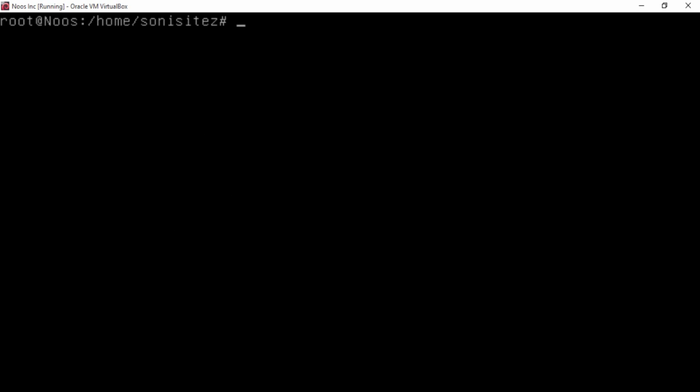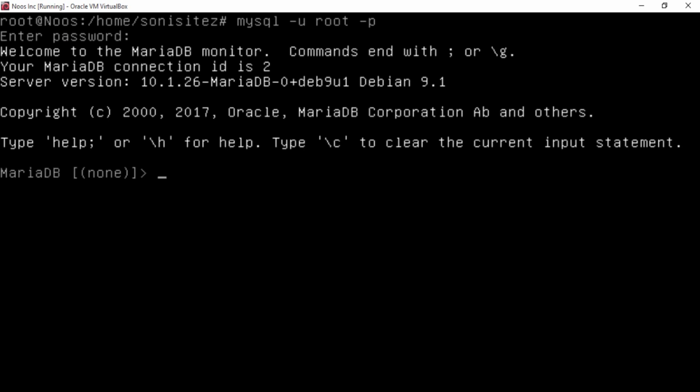Now, for checking the MySQL version of our Debian system, just type mysql -u root -p like this. This is for logging in to my SQL account. Okay, I want to try. You can see